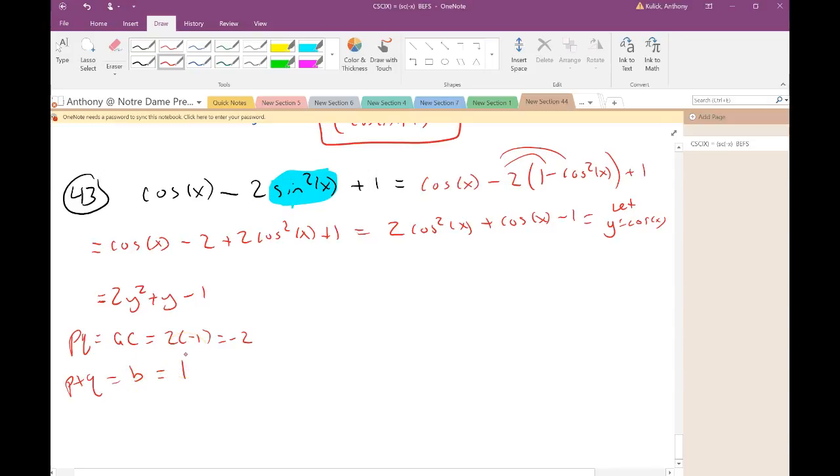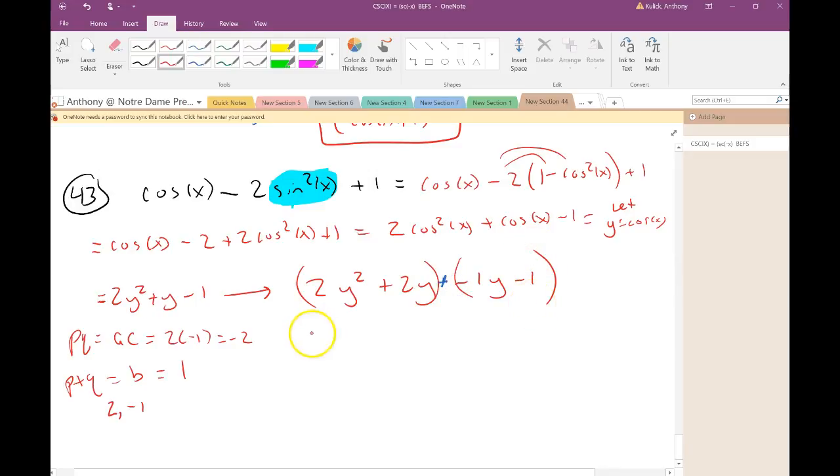So what are two numbers that multiply to give me -2 and add to give me 1? 2 and -1, right? So what I can do is I can write this as 2y squared plus 2y minus 1y minus 1. And then I'm going to break this up into two groups. But when I do that, instead of thinking about this as a minus sign, I'm going to think about it as plus a negative, because I need that negative sign to stay with that y